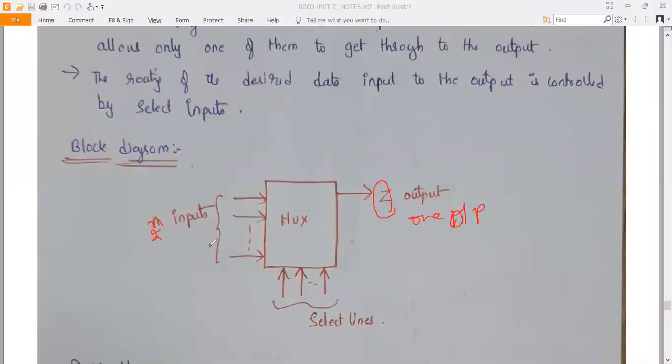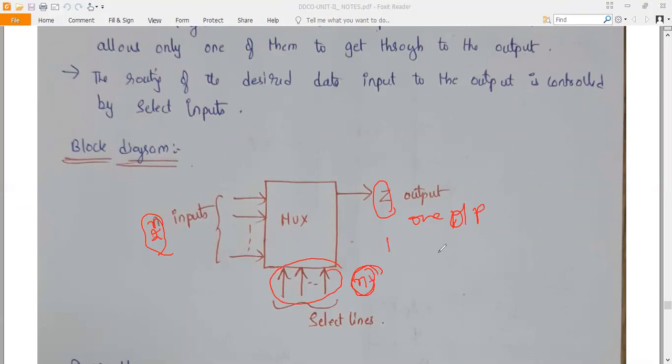These 2 power n inputs will be transferred onto the output based on the selection lines, and I will be calling these n selection lines. So 2 power n inputs, n selection lines, one output.